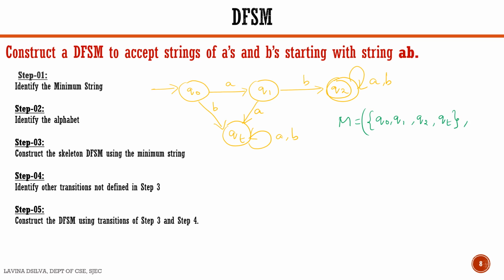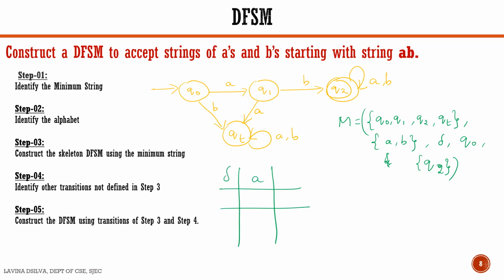Then our input symbols, that is A and B. All the transitions, we'll list them out. Then we have the start state, which is Q0, and then we have the set of final states, that is Q2, where the transitions are given like this: